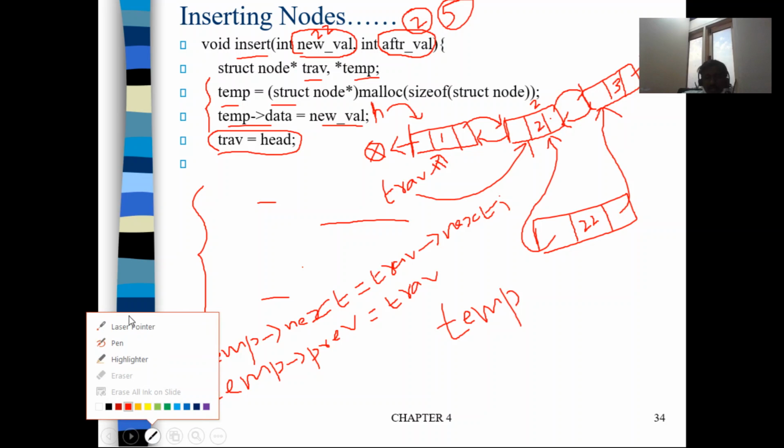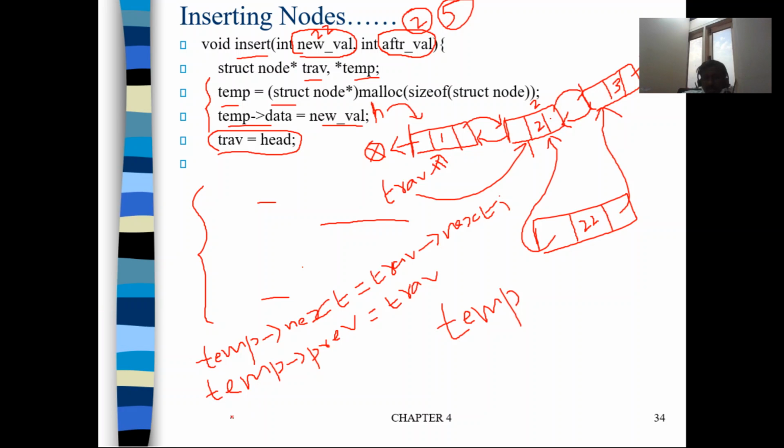So first you write this, then you have to check if traverse arrow next is not equal to null. Why are we doing this? To ensure that traverse is not the last node. If it is not equal to null, it means that after traverse there is a node, and in between traverse and the node which comes after it, we are going to insert the new node. So if it is not equal to null, then what you should do is